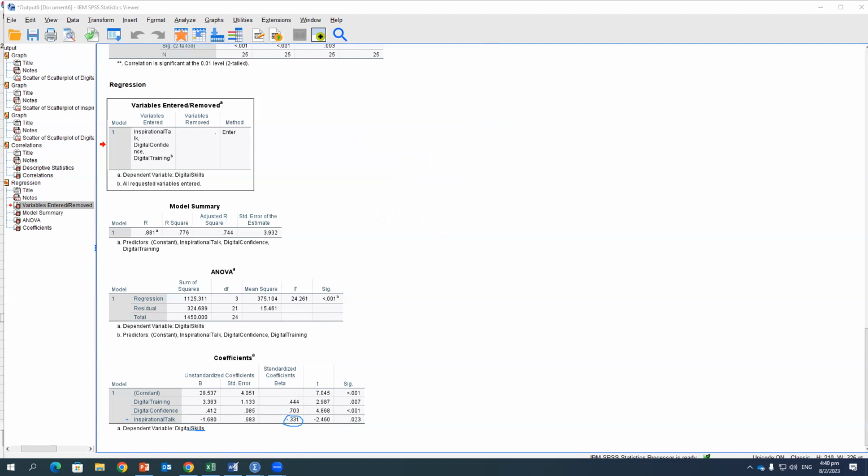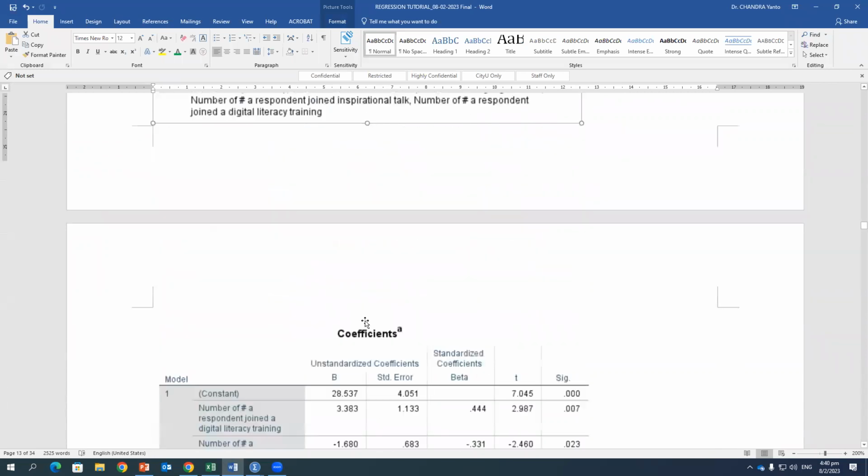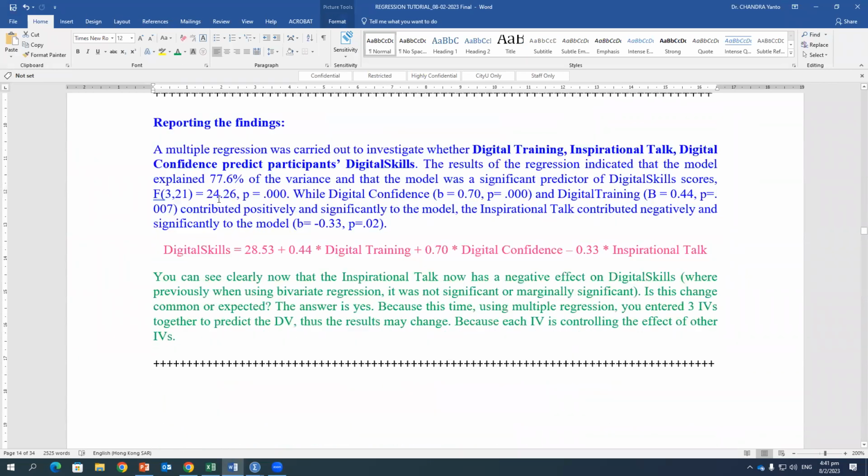So let's go back to the write-up, right? So we have got the results. We've got the model summary, the ANOVA, so I posted there. So we want to write up the results. So this is how you report the finding. We have conducted multiple regression to investigate whether these independent variables predict the dependent variable, and the results suggested that the model explained how many percent of the variance. So this is the